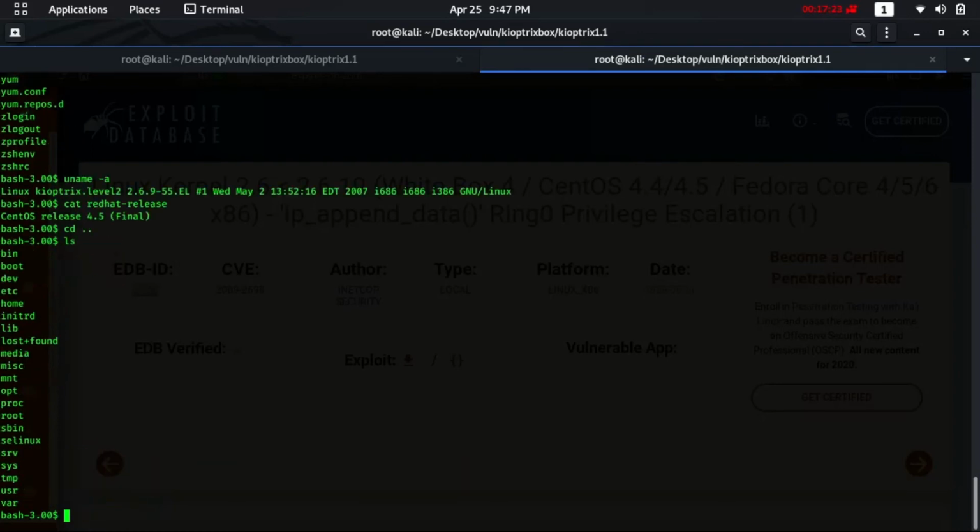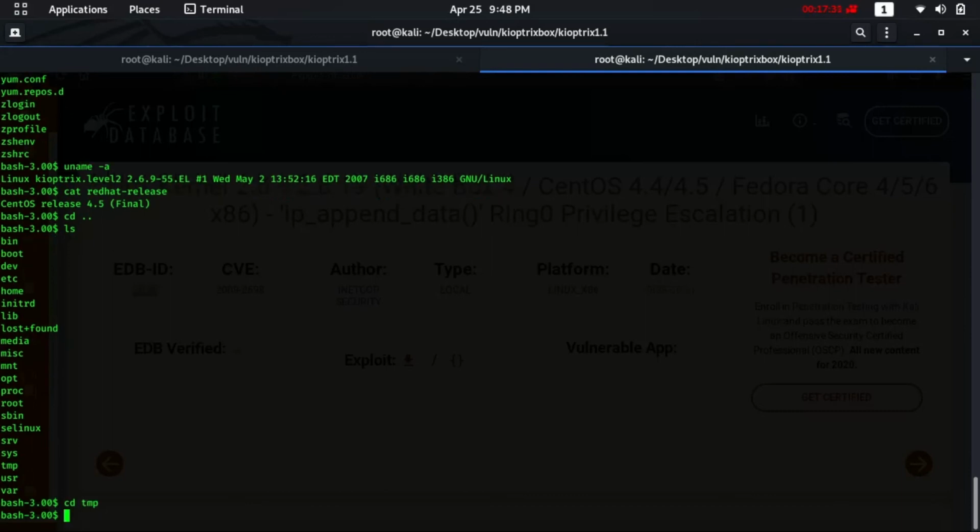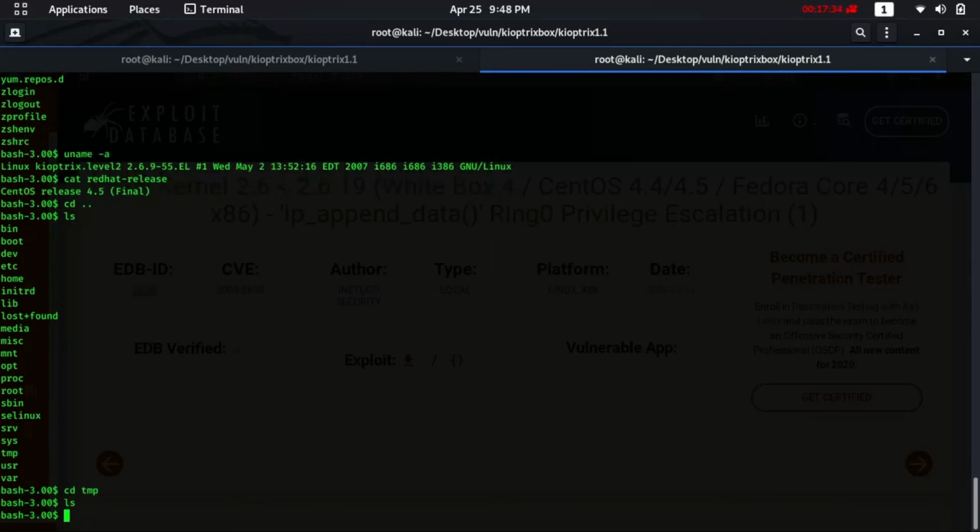Here I am going to use the tmp folder as it was empty. You can choose wherever you want to. I am selecting the tmp folder. Okay, it's empty as you can see. Let's get it with wget and the local machine IP, which is 106, and the port 8000.